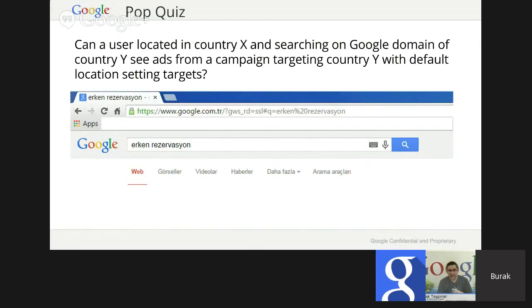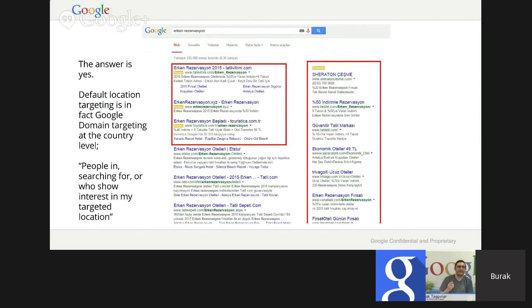The question is, I'm in Ireland. Am I going to see ads that are targeting only and only Turkey, and those campaign settings location options is the default location setting? I can feel the answers, I guess. The answer is yes. I'm based in Ireland, and I am going to see ads from campaigns that are targeting only Turkey, because their default location target setting is actually, in fact, at the country level, when we're talking about